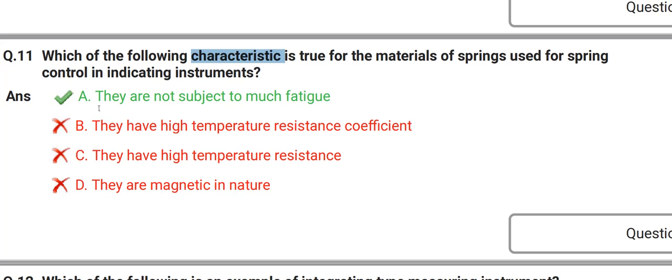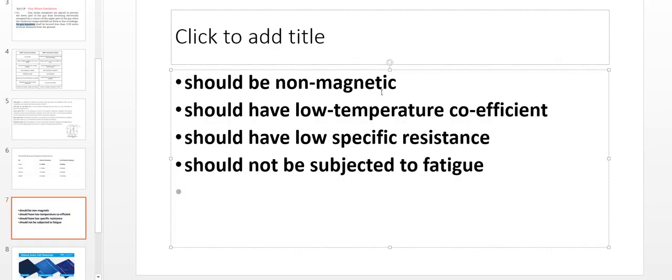Like they are not subject to much fatigue, they have high resistance coefficient, they have high temperature resistance, they have magnetic in nature. So they are asking the true statements. The true statements of that spring material are: should be non-magnetic, should have low temperature coefficients, should have low specific resistance and should not be subjected to